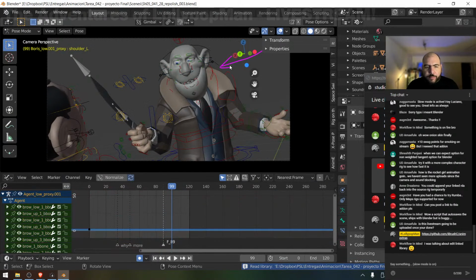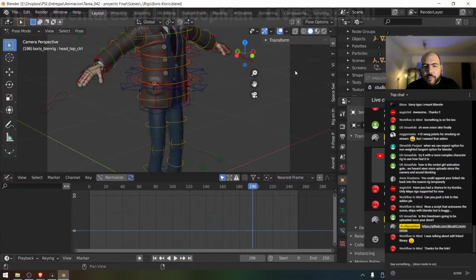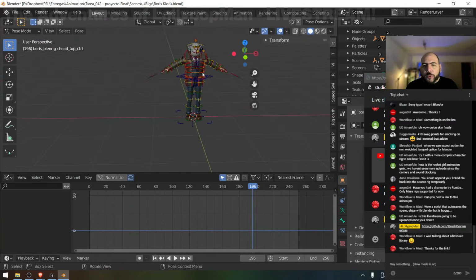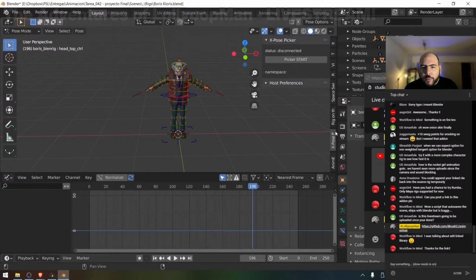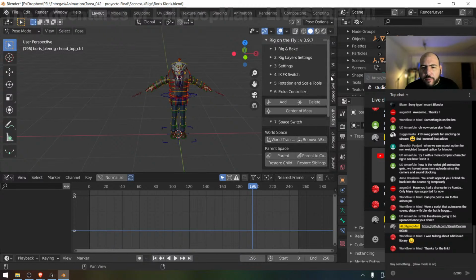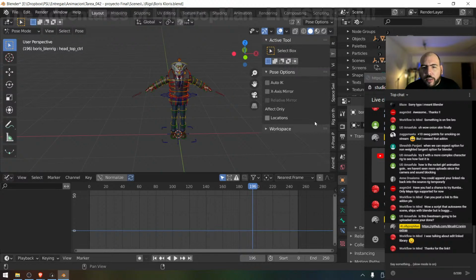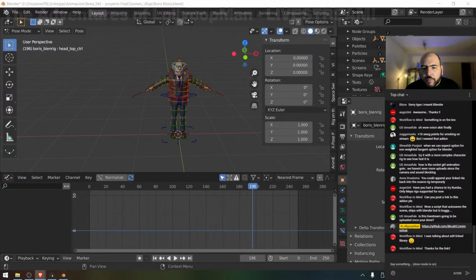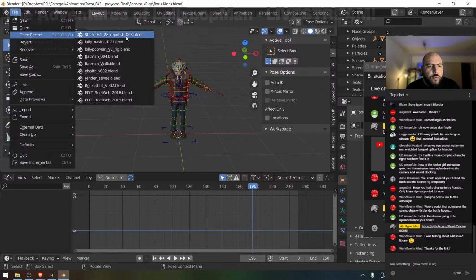So I got this old shot, and I should be able to select this character, for instance, and then go edit library. Oh, it works. So maybe a problem with my file that it couldn't find it. So it takes you to the file, you do your updates, say you change the color, and then you can go back, and somewhere there might be what's missing, because I don't see the button. There used to be a button to go back to your animation scene, and that doesn't seem to be here. It used to be somewhere, but yeah, I don't see it. And then you just go back to your repolish,